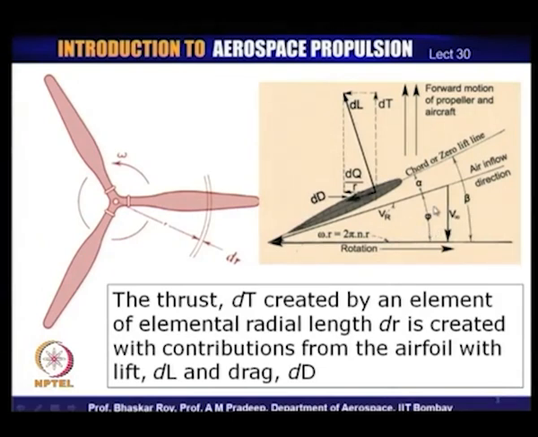propeller, and then you need to set the blade, this particular blade section, which here is shown as a blade setting angle of beta. And if you set it at an angle beta, that means the chord or the zero lift line of the particular blade section is set at this angle beta with respect to the rotational direction. Then what you have is beta minus phi is alpha, which is then the angle of attack of this particular blade section. Now, this is the angle of attack, or sometimes called angle of incidence, which characterizes this particular aerofoil's